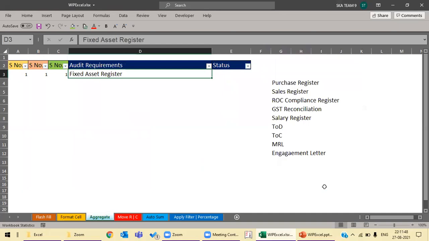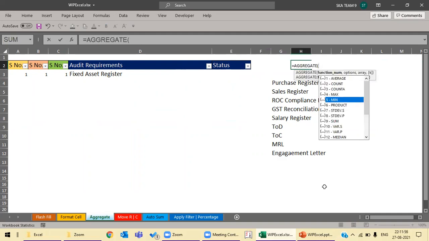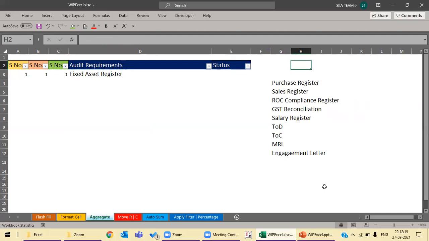When you type equal to aggregate, you see there are so many functions it can be used for, but we will cover only function 3, count A. Aggregate can be set to ignore certain things like nested subtotals, hidden rows, and error values. We will use the ignore hidden rows option 5. Let's see how this can be used in our work life in the simplest way.